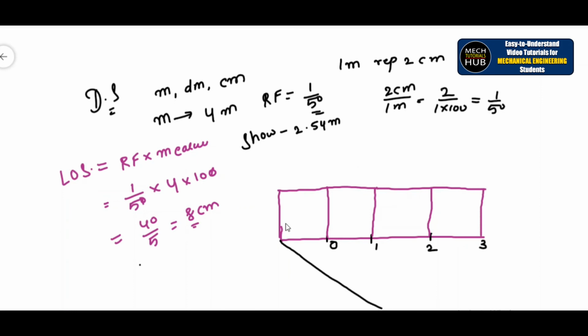So now the next practice is, here we need to divide this one part into a number of segments. How many segments, that we'll see. So here I'll represent it: this will read a meter scale, so here we need to show meters. Here you can show the RF value, which is given as 1/50. Here you need to show the decimeter scale. Here you need to divide this into decimeters. So 1 meter is equal to 10 decimeters. Here we need to divide this into 10 segments, okay, 10 parts. Similarly, here you need to show the centimeter scale.